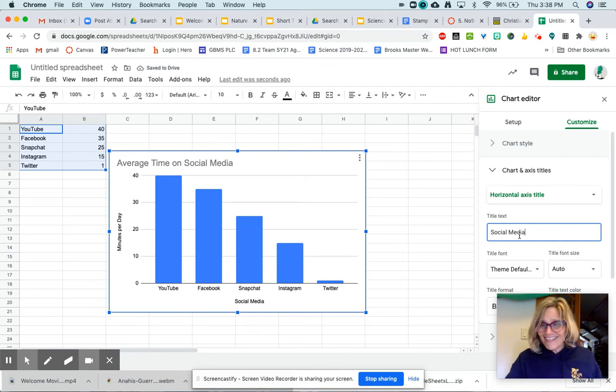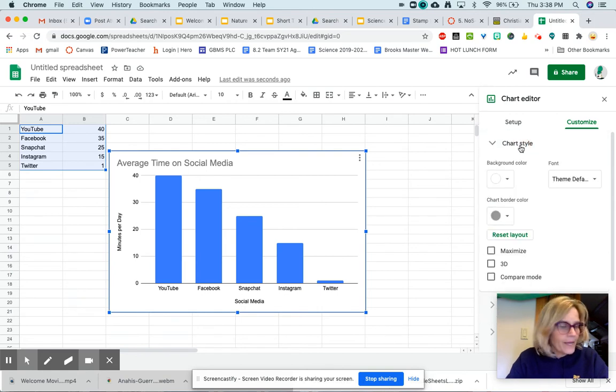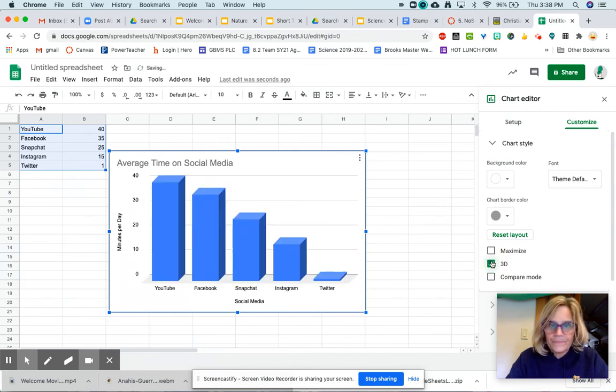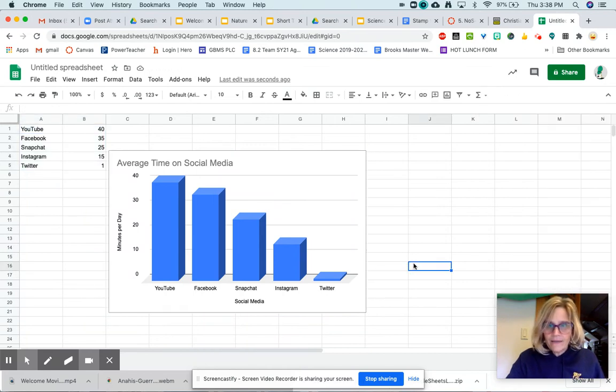Now the next thing it says is to apply 3D to the chart. So click chart style. Okay. And then click the box next to 3D. Ooh, that's nice. And then there you go. You have your beautiful chart. But